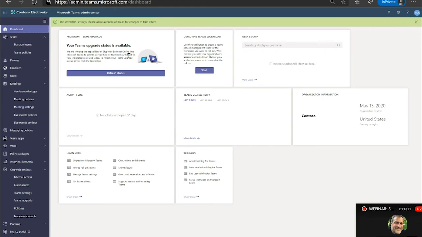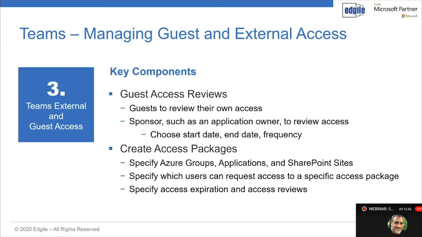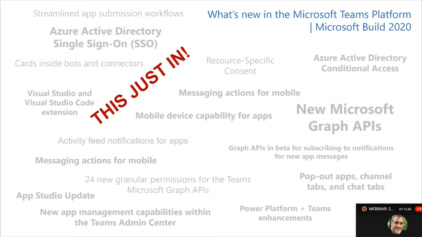And as Bob said, I can get in there and I can audit those and I can find out who's been using externally, and I can even get reports on guest access up here in my Teams dashboard, and find out who's been using what and what we need to turn on or turn off. The other piece to talk about, as we get into the advanced session, is guest access and some of the different things that you can start to do with roles and with governance. So a really important note,